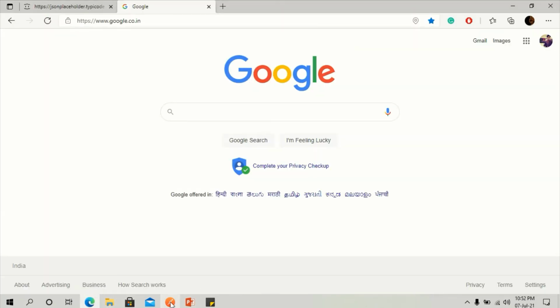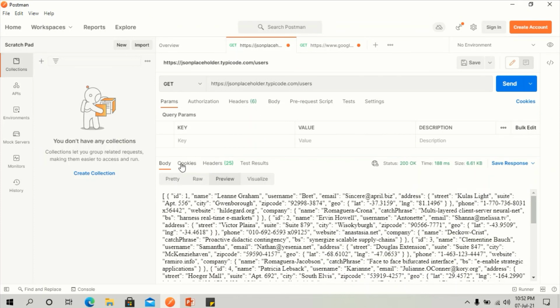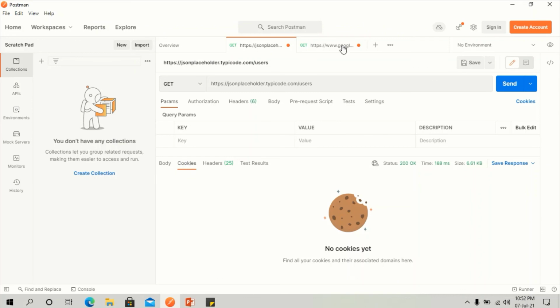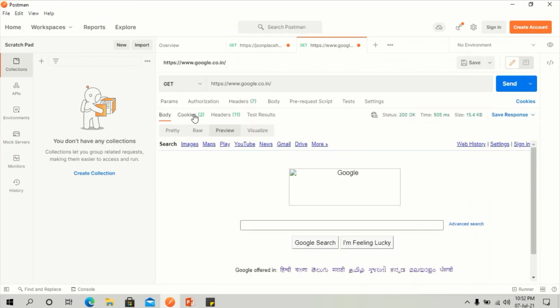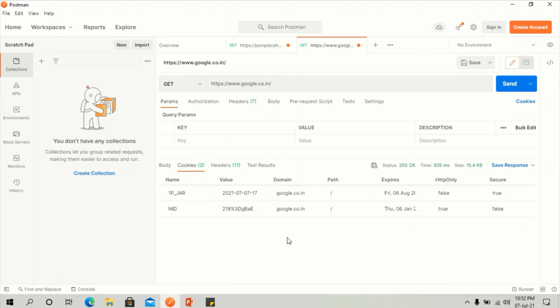After that we will see cookies and header. So what are cookies? Cookies are small files which contain information related to the server files or website pages. Here you can see cookies like one IP jar, an ID, whatever is being used.